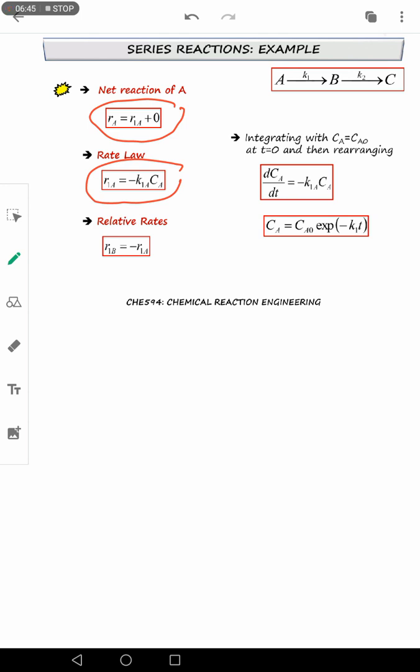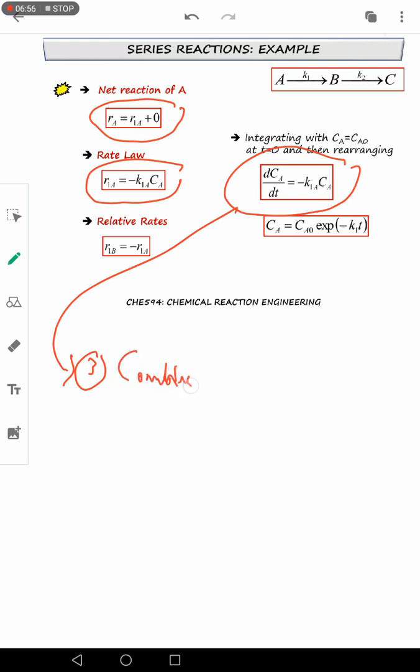So yang ini, this is the step where you combine. This is the third step where you combine mole balance or design equation. Mole balance, other name is design equation, and rate law. So mole balance tadi katalah dCi, tapi i kita nak cari for species A, so we change it to dCA over dt,